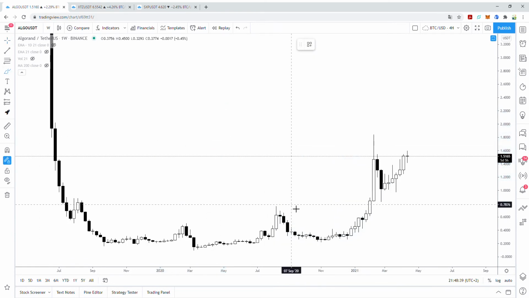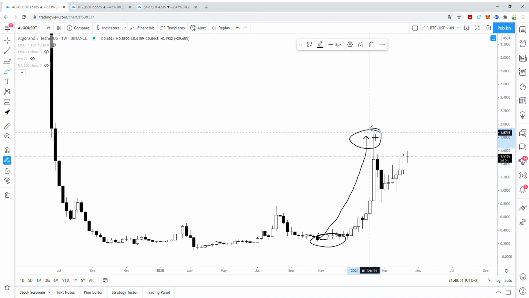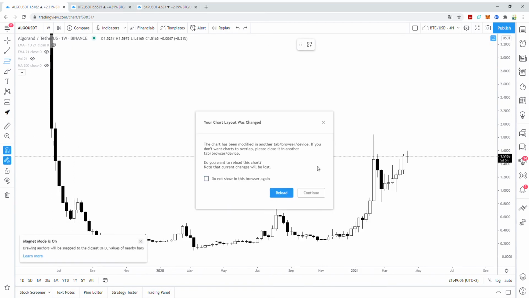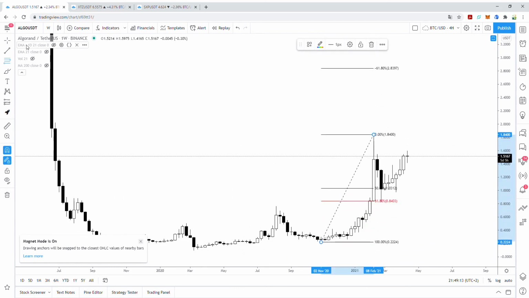Okay, so what we are going to do, we are going to find a move that just happened. So here we can see that from all the way down here, it made a nice run up here. Here there is a retracement, so we are going to draw the Fibonacci right here, and we are going to see if this level lines up with the Fibonacci golden ratio. So we're going to continue, and this is the lowest point, so we take it from the low to the high,